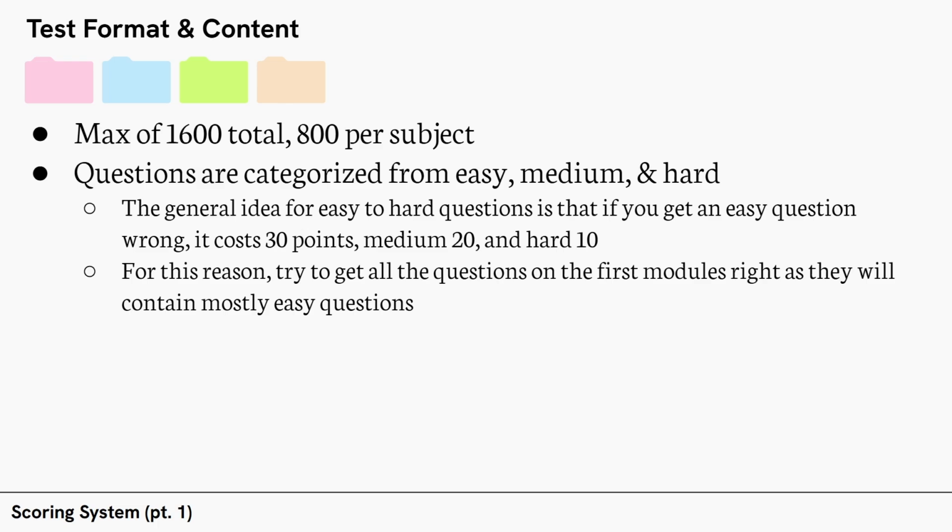And how you can think of it when it comes to scoring for the SAT is everyone starts with a baseline of 800 points for each subject. And for every question you get wrong, that score will go lower and lower. And so let's say you got around 5 hard questions wrong, maybe 2 medium questions, and 1 easy question. It'll go down by 120 points, and so you'll get a 680. And so let's say for math, you got 5 hard questions wrong, 1 medium, and 1 easy question wrong in total for both the modules. It'll cost you 100 points, so you will end up getting a 700.